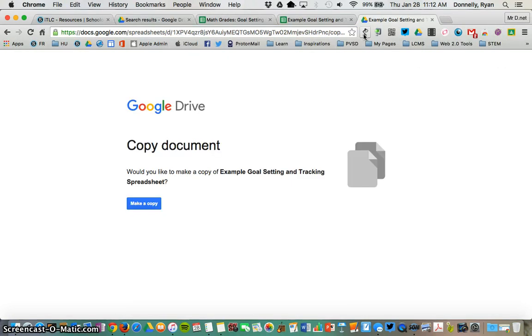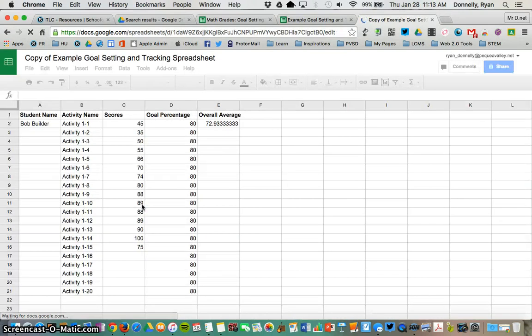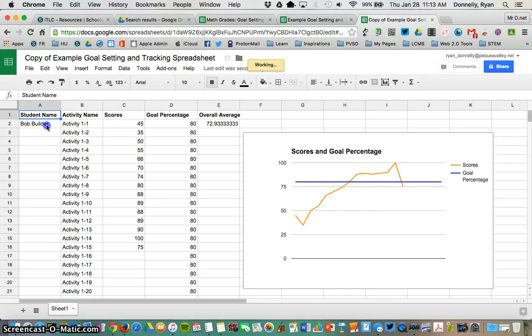And I'll go ahead and send that link through, so that when you take that link with the word copy there instead of edit, which I'll show you again in a second, and students click that from your Schoology page or your Moodle site, the students will see this Google Drive logo and copy document. Would they like to make a copy of this? And they'll go ahead and press make a copy, making their own copy that they can edit without changing the original. So I'll come here and I'll put my